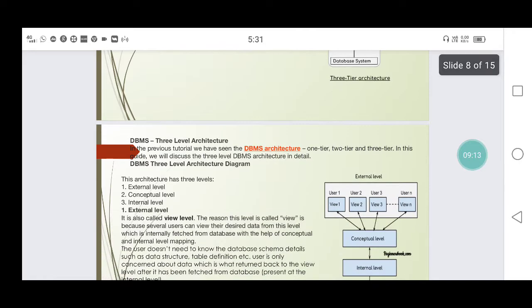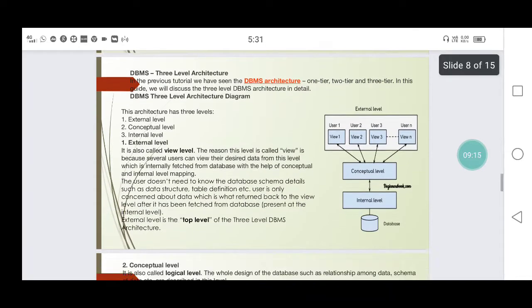Next, the DBMS 3-level architecture, the three levels of abstraction of the DBMS. Previously we discussed DBMS architecture: 1-tier, 2-tier, 3-tier. Here is the diagram of the 3 levels of architecture.